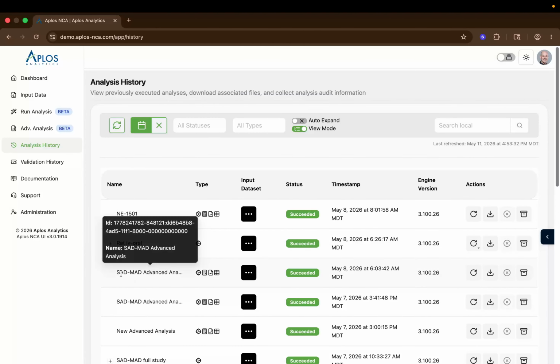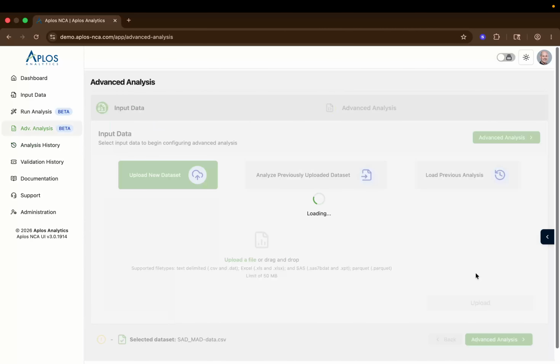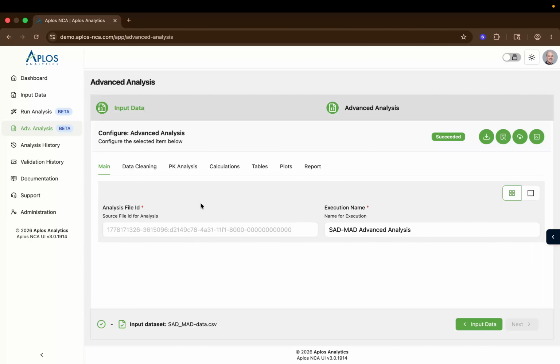Now I'll show you this as well. So this is what we call our advanced analysis. If somebody's got a better name for it, we're open to changing that. But essentially this is saying, hey, I want to run an analysis, but I don't want to walk through all of the stepwise processes of building it up. I know what my JSON code is to do the analysis of interest. I just want to load it up. And so we could do that here. So I'll load it up, and you can see that